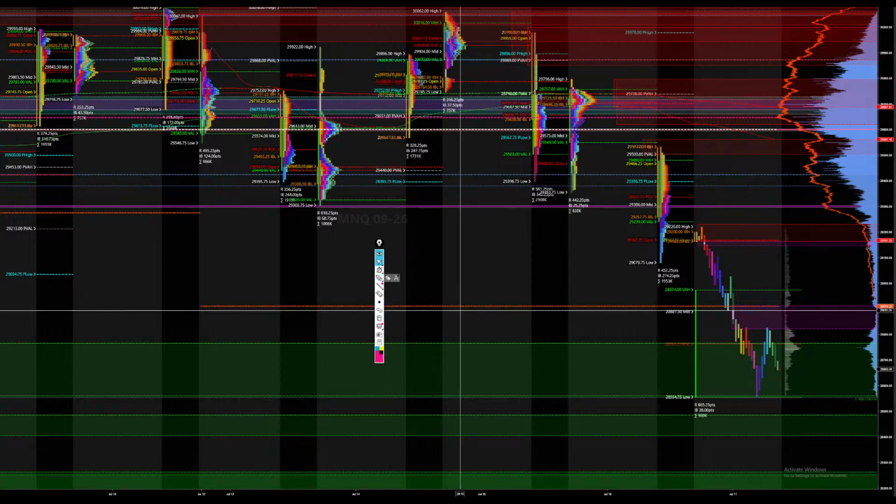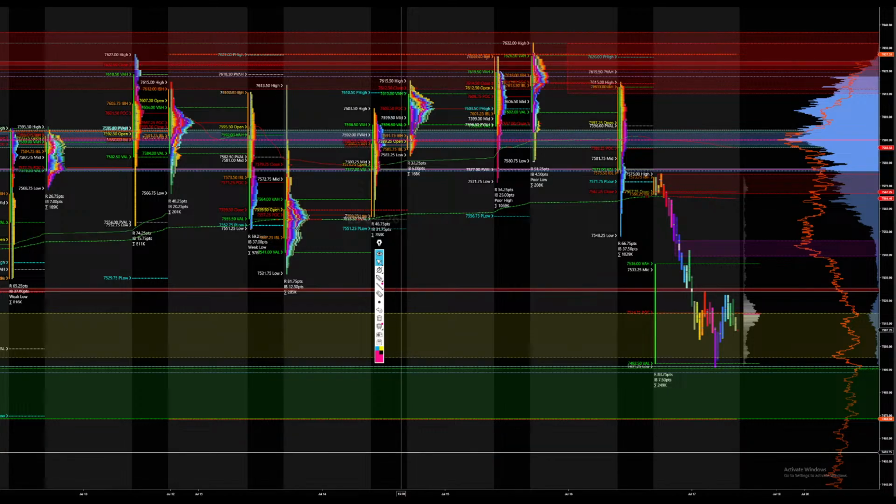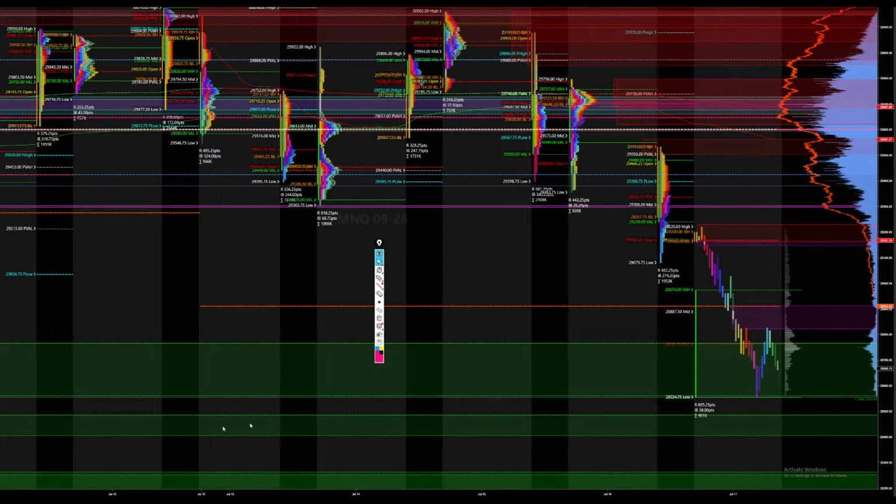Okay, now, quick recap. ES has an inverse head and shoulders pattern, very bullish, holding a bullish fair value gap, tipped its toe into a demand zone. It's OPEX. Earnings season is upon us. How much farther do we go? I don't know, but I am very cautious on shorts, probably leaning to the long side. Overnight VPOC, the 75.15s is what I'm looking at there.